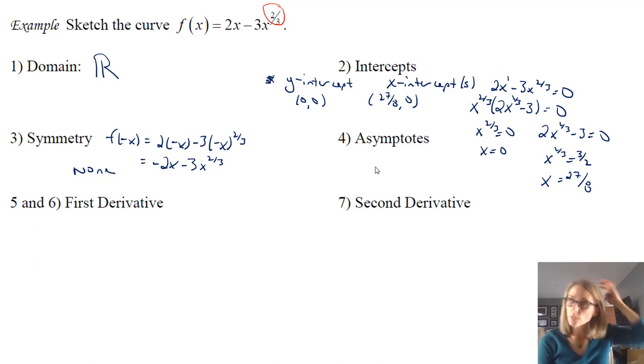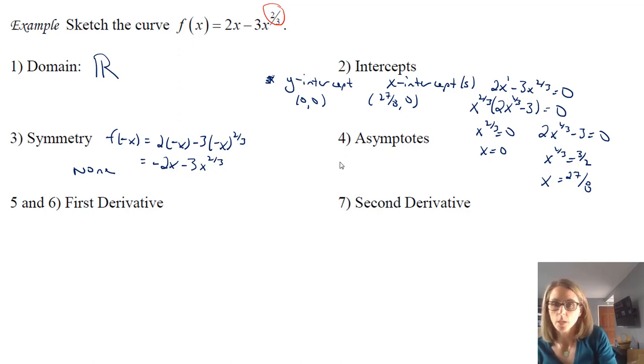In terms of asymptotes, you can see that with the domain of all real numbers, you would not have any vertical asymptotes. Horizontal asymptotes are only going to come when we're thinking about limits as we go to infinity, and as that happens, these values aren't going to approach anything. So we don't have any asymptotes on this either. We don't have a lot of information right now, and really it's not going to be until we take a derivative that we get anything exciting.